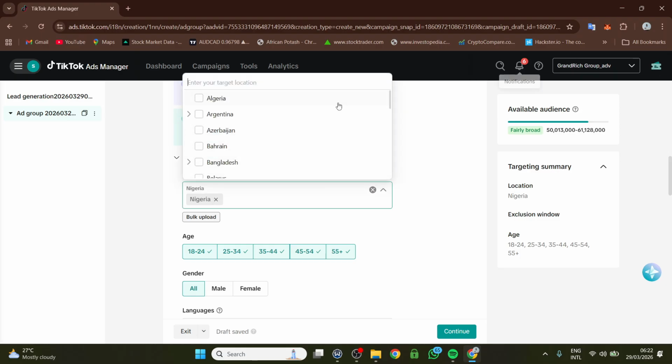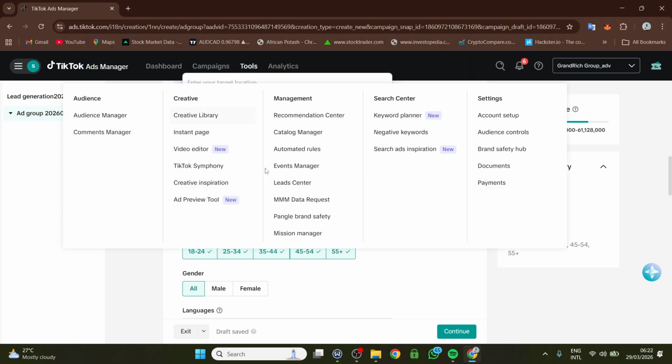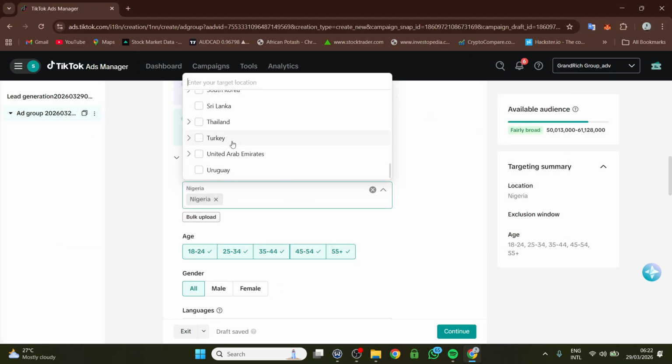Once I click on this drop down arrow, you can see that these are the list of countries you can target right now with your TikTok ads, with your Nigerian TikTok ads manager account, or maybe a Kenya or Ghana ads manager account. I am not even sure if Ghana is available here at the moment, but these are the list of countries that you can target. So our TikTok ads manager has not fully evolved, just like Meta ads manager yet,